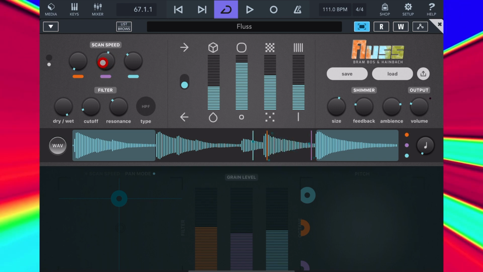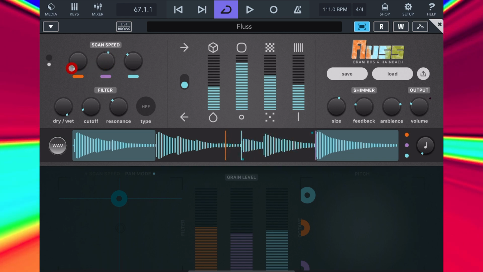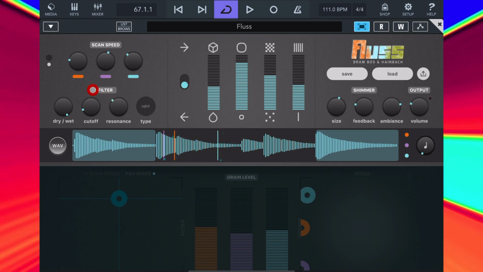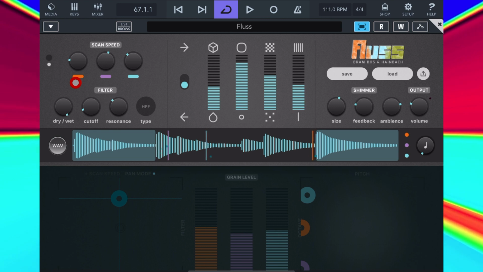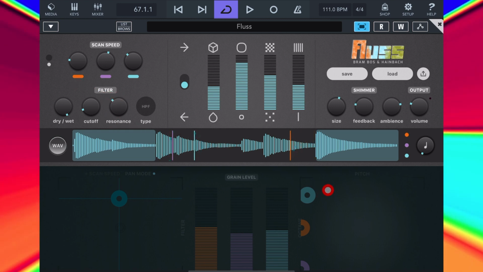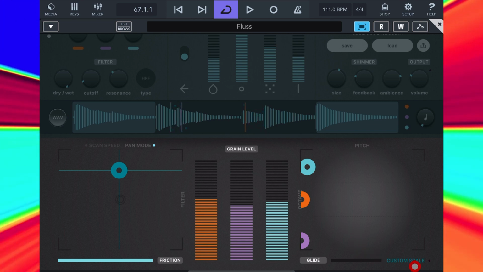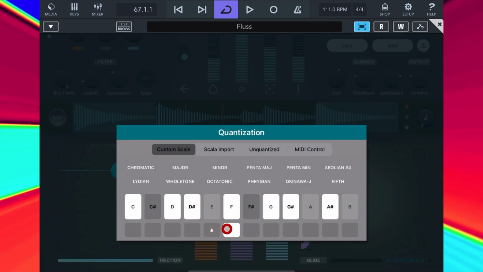Let's make that move a little, and we'll slow the orange one down. Now before I do anything else, I want to tie the notes that Fluss is playing back to a scale. I've had a look at the chords in my track, and this section is strictly in F minor, so I'll go to custom scale, select F and minor,